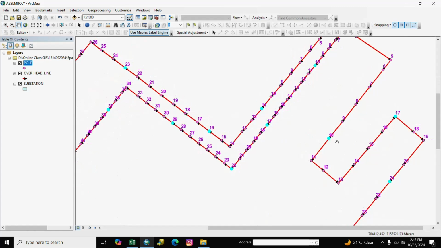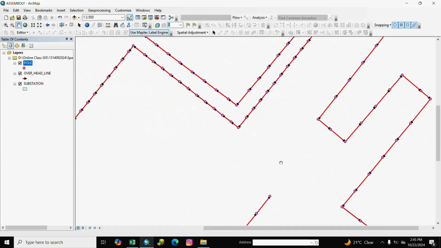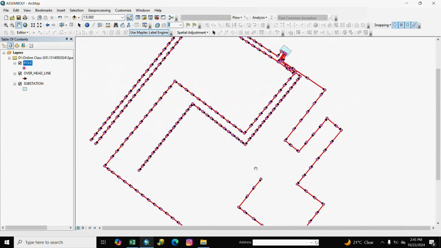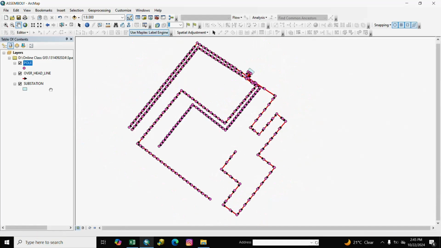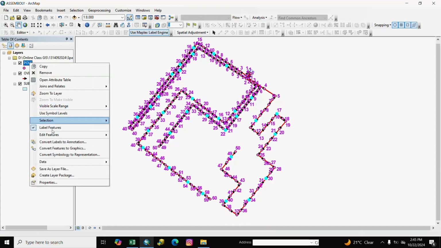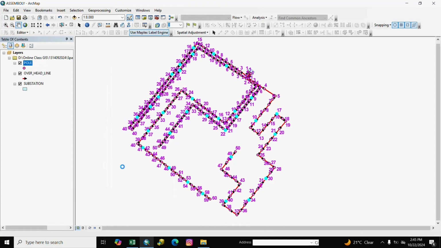DTR pole is highlighted. We create automatically feature and we export it, highlighted.